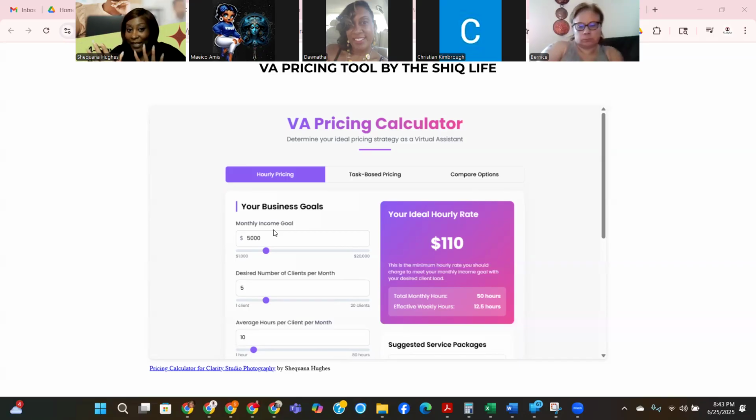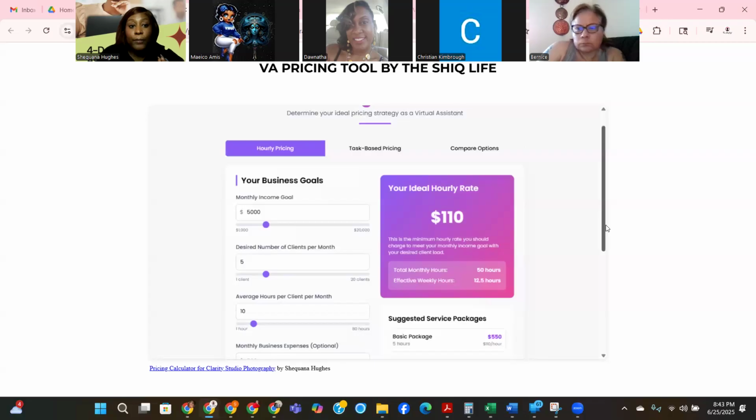And so with the pricing calculator, you start with how much you want your monthly income to be, say $5,000. You can move this up or down. So let's say you want to make $5,000 a month. Now this depends on your time capacity. If you're still working a full-time job, you may only be able to work with two or three clients, right?